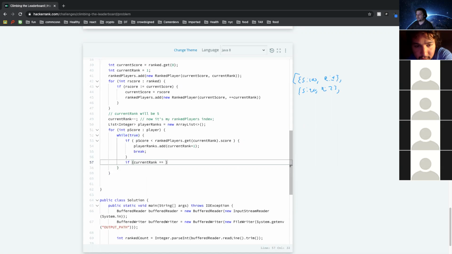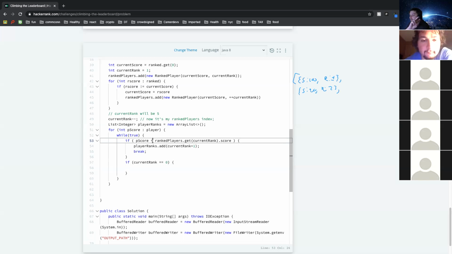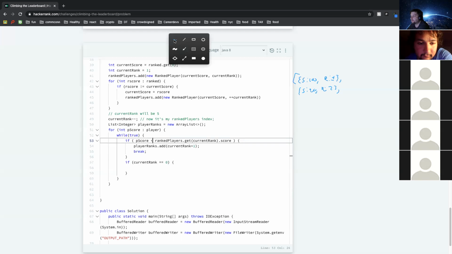rank is equal to 0, we know that the player is not less than the top player, because that means we're looking at the top player. If our current rank is 0, we're at the top player. And if they're not less, then they got, at least, worst case scenario, the same score as the current player, right? So in this case there are two scenarios. If they're not less than the player we're looking at, what are the two options they have? Either the same or